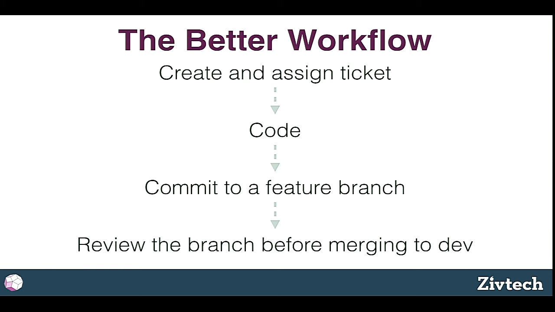And then we review the branch before merging it to dev, like Dries was talking about in the keynote, right? That allows us to take this approach where we can say, look, master is always shippable. We can always crank out the main trunk because we review it first on the feature branch, and that means master is always ready to go. If the client looks at the dev environment, that should always be right.